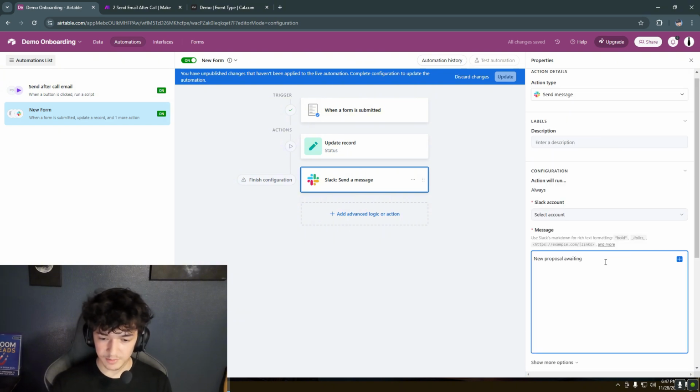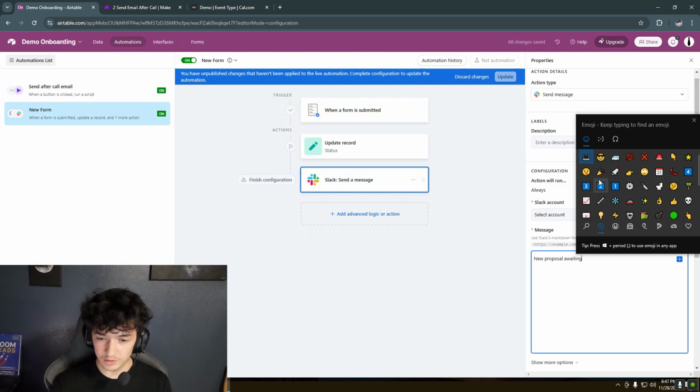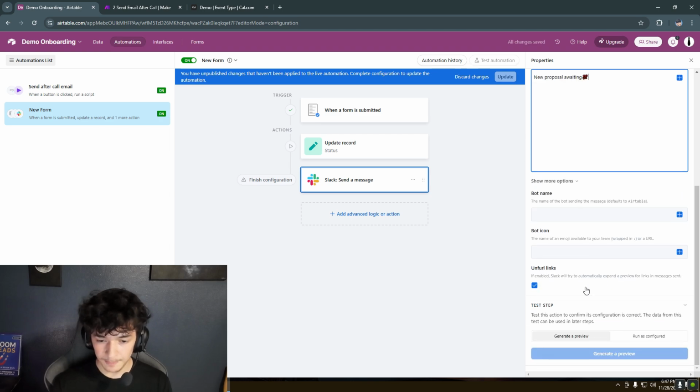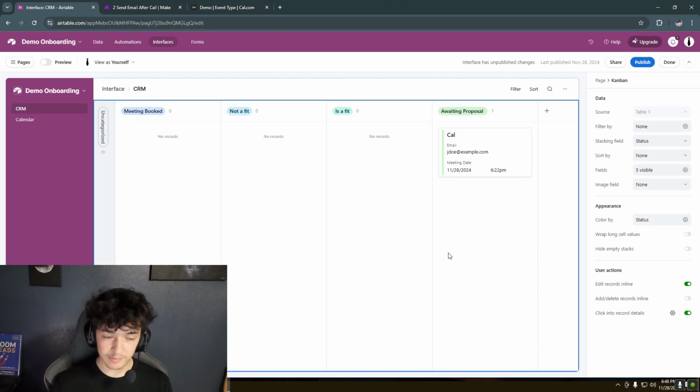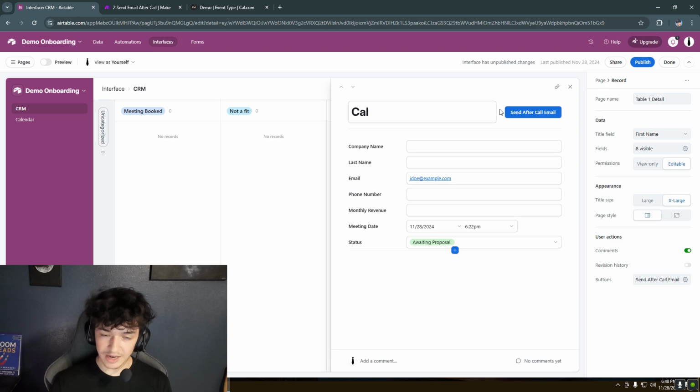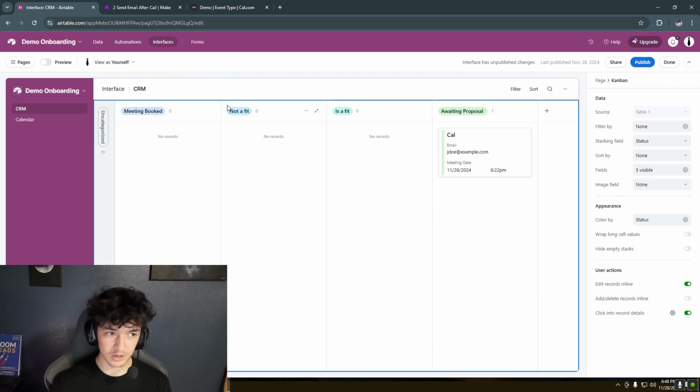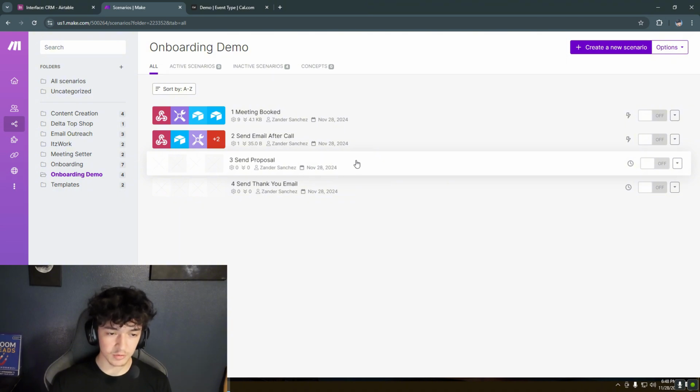You can just make the message something like "new proposal awaiting," put a cool emoji or something, and then fill the rest of this out. I'm not going to do it in this video, but you can do some really cool stuff with automated proposal generating systems. You can add a button right here that hits generate proposal, and then that will all work in here. Yeah, so send proposal. I'll make a future video on how to automatically generate proposals, but for this video I'll leave it blank,